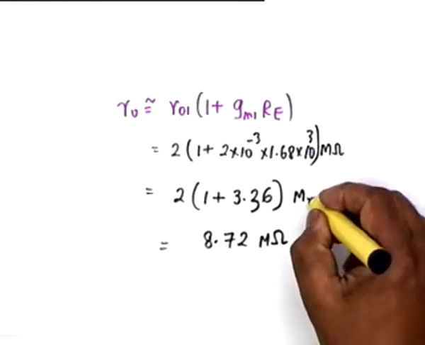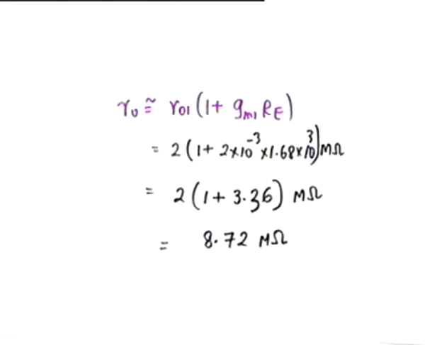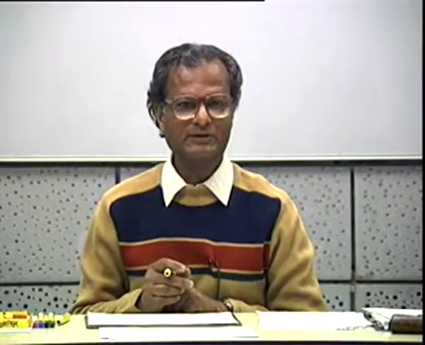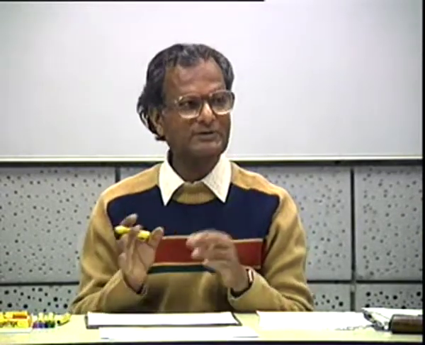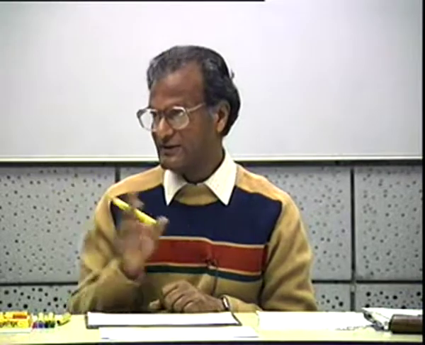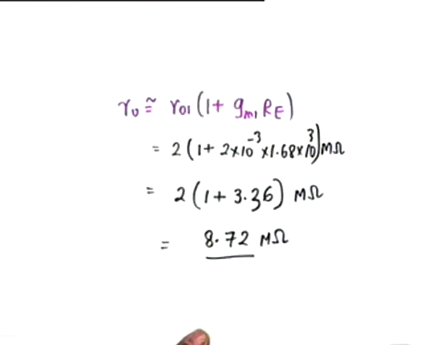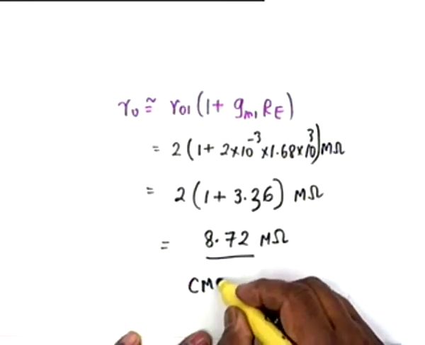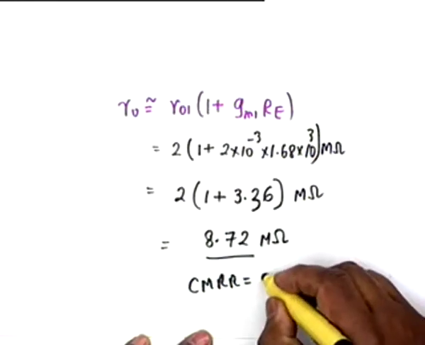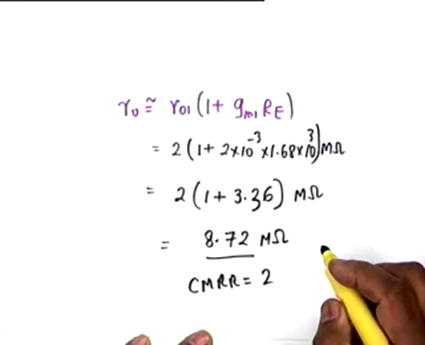Now, you see the advantage of using a current source. By using two identical transistors, which is of no concern in an integrated circuit, because you make thousands on a chip, there is no problem in making 2 extra transistors. The resistors that you require, one of them was 10K and the other is 1.68K, which are both manageable within the precincts of an integrated circuit. With that, the effective REE that you have got is 8.72 meg, and therefore CMRR would be twice GM RE.